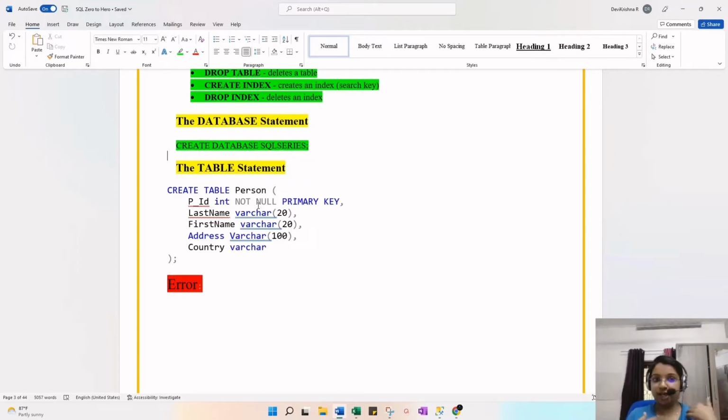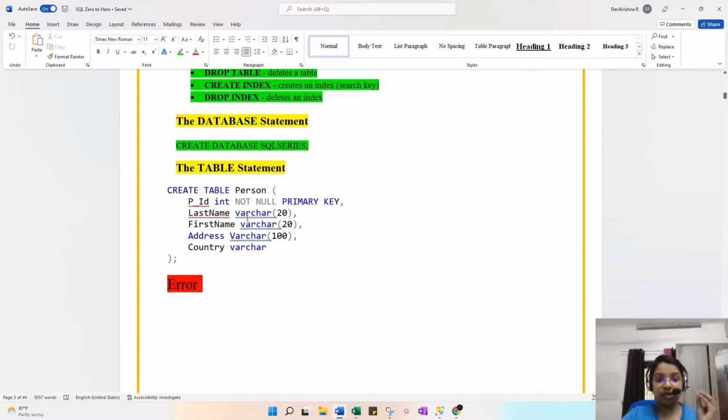Because I have an employee ID and my friend has another employee ID, it will help to identify the employees in an organization. Like when we need to identify one row of record in a table, we use the primary key. So that is the reason for PID int not null primary key, and last name is varchar(20), first name